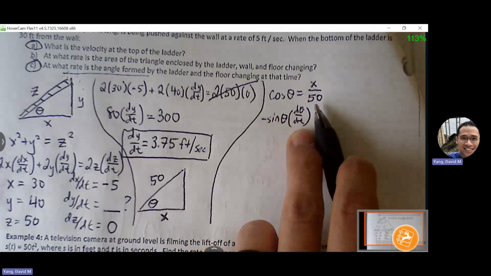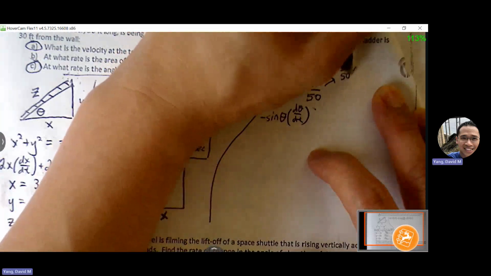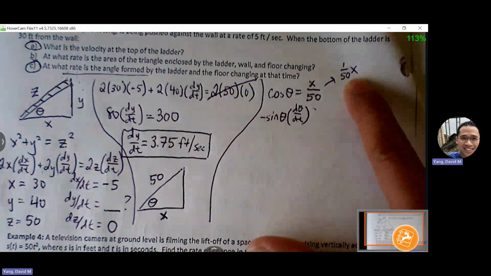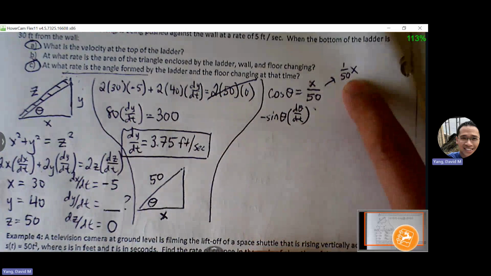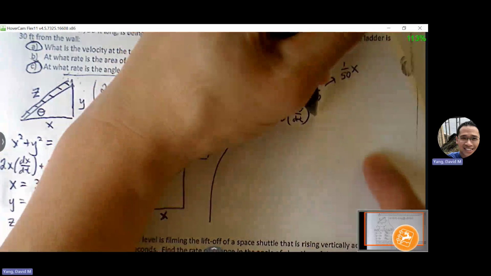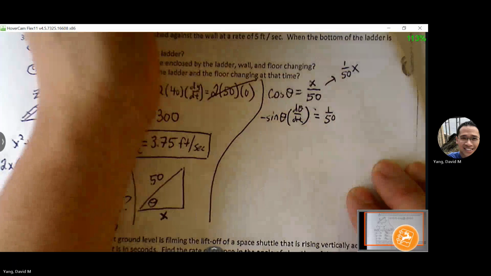What's another way to view x over 50? Yeah, 1/50th times x, right? It means the same thing, but if it makes it easier for you to see the power rule step, if you want to write it that way, that's fine. Okay, what's the derivative of 1/50th x times